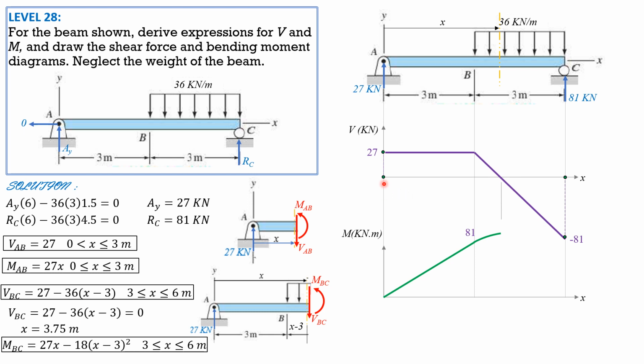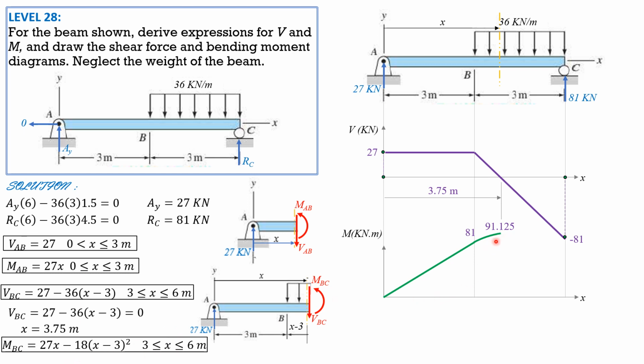But that 3.75 begins at the origin here at the left. So if that is 3.75, this is 0.75. And 0.75 is 27 over 36, as mentioned earlier, the shear way. So that's why the ordinate here is when x is 3.75. Substitute in BC: 27 times 3.75 minus 18 times 0.75 squared. 3.75 minus 3 is 0.75 squared. So you'll get